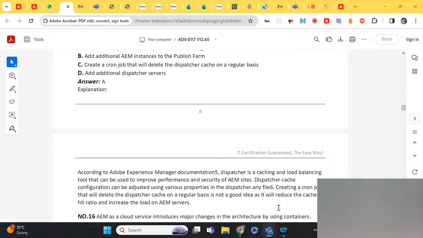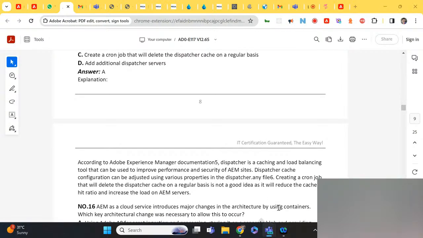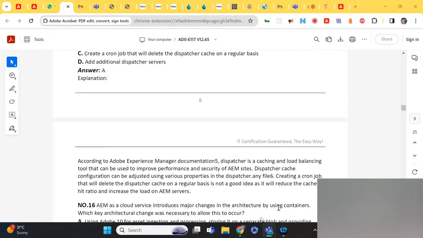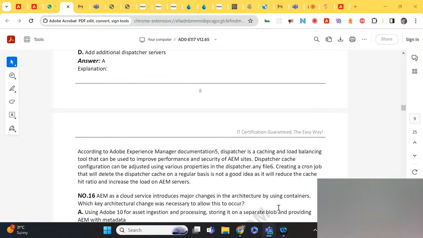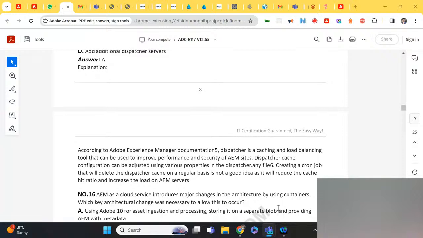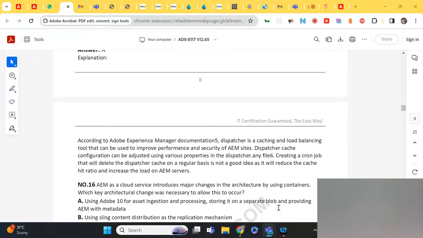The next question is: AEM as a Cloud Service introduces major changes in the architecture by using containers. Which key architectural change was necessary to allow this to occur? Using Adobe I/O for asset ingestion and processing, storing on a separate blob and providing AEM with metadata. Using Sling content distribution as a replication mechanism. Okay, that is true.